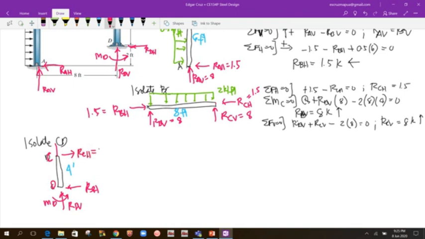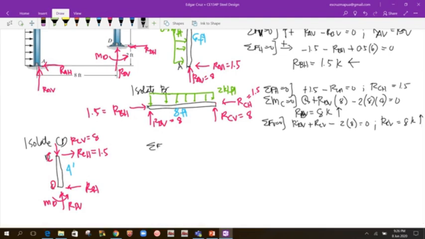RCH, and we solved that as 1.5. Then for the top, the RCV, we got 8 kips upward. So this will be downward for the other one. Okay, so if we apply statics here,